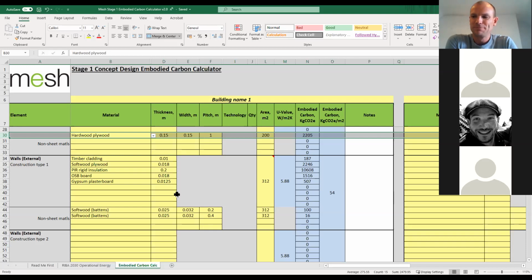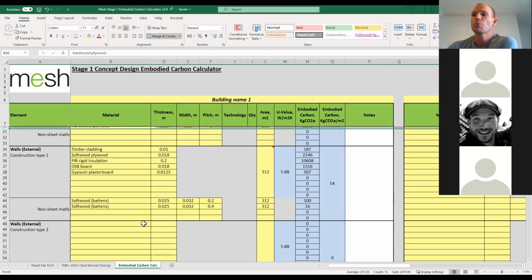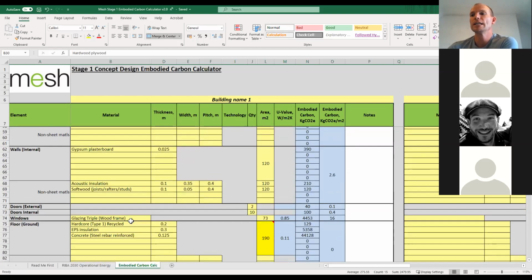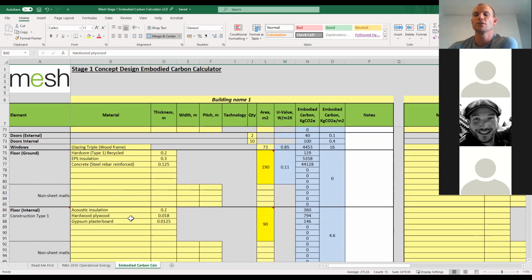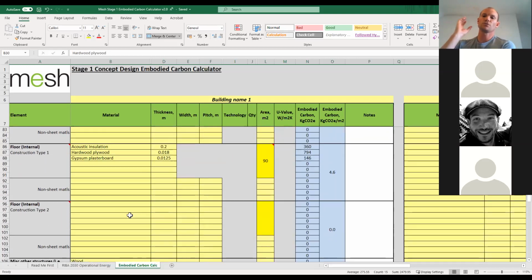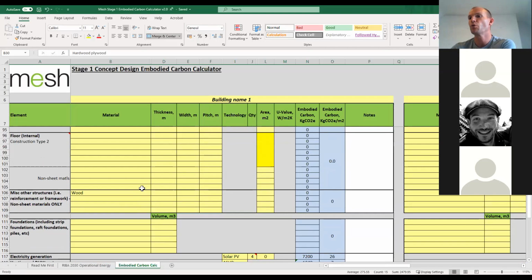But yeah, do rafters, battens, etc. include for fixings, which could be significant in a timber frame building? They don't. Again, there's an opportunity to. It really depends on the detail you want to get to. To keep this simple, we've just gone for the embodied carbon for a volume of that pure material, and you can add this in. If you want to go to the level of fixings, then by all means,